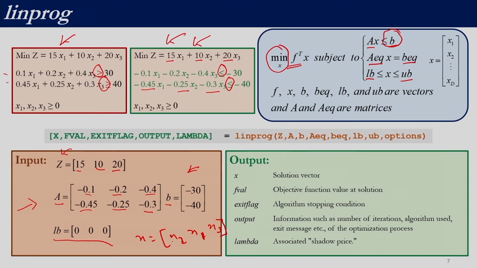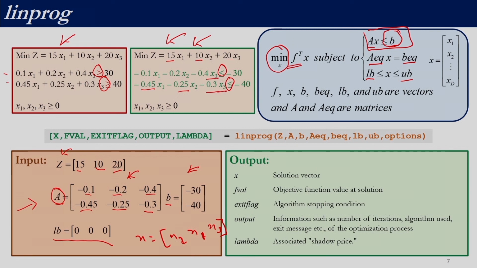If we have done that, then this A matrix should be appropriately rearranged. So here the assumption is that A into x is less than equal to B. If we consider x2, x1, x3 instead of x1, x2, x3, this A matrix will appropriately change. First fix the order in which we are going to arrange the decision variables and then supply